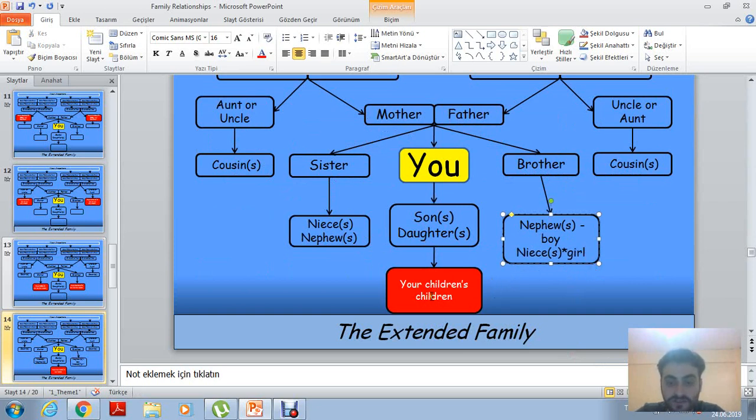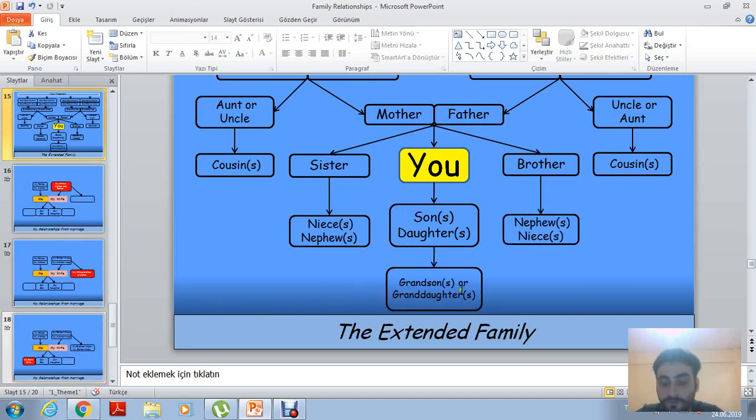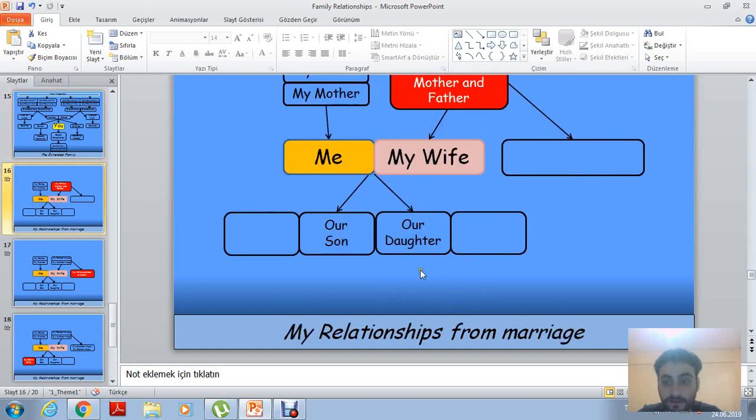Your children's children are called your grandchildren, or grandson and granddaughter. If it's a boy, grandson. If it's a girl, we call it granddaughter. And now,